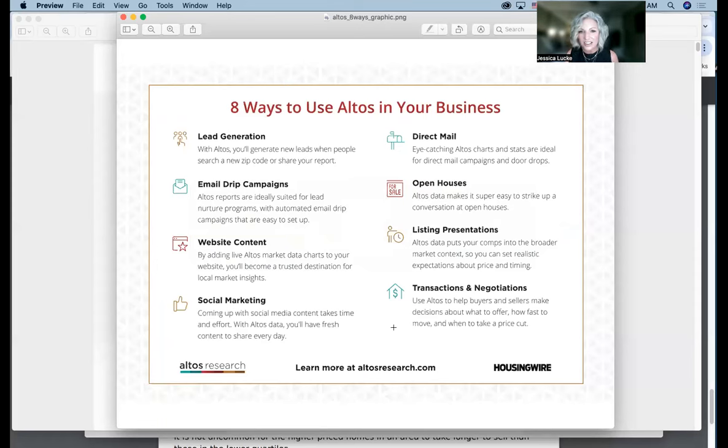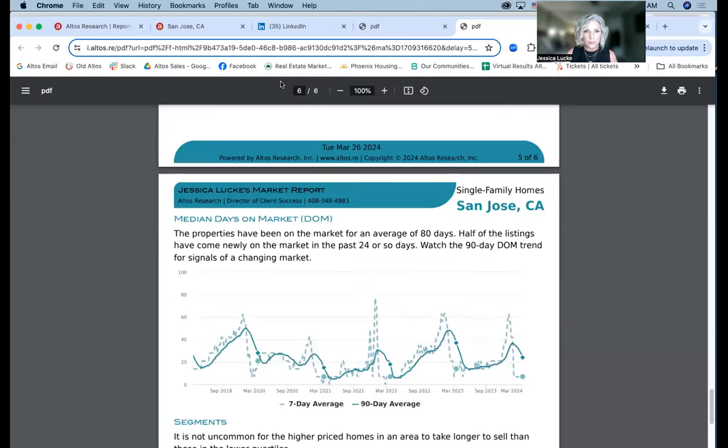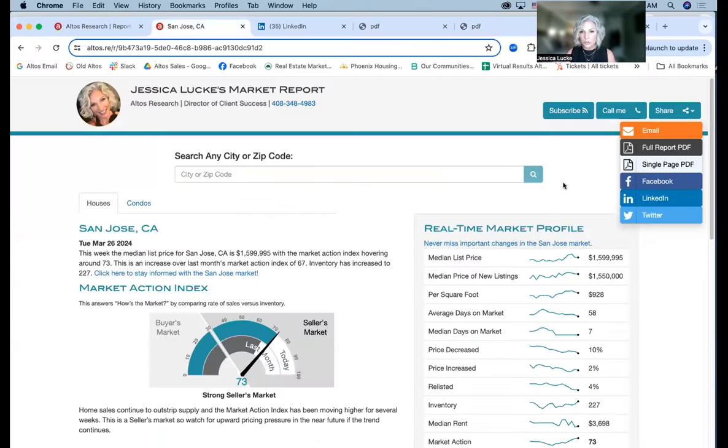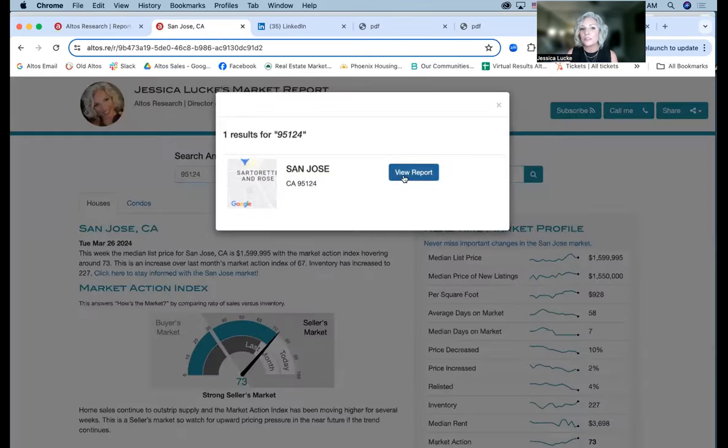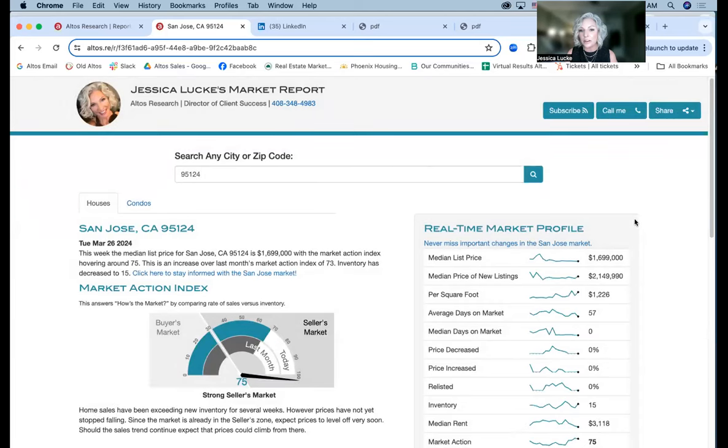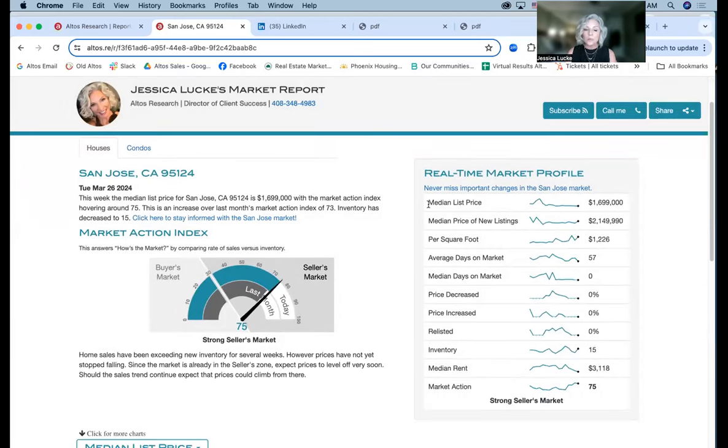transactions and negotiations. And we've talked a little bit about these reports, obviously, in different circumstances, whether it's open houses and listing presentations. But when we go back to this report, it's critical that you go beyond, right? So let's say we go 9, 5, 1, 2, 4. Probably not a lot of inventory here. So inventory is an issue everywhere. Yep, 15 pieces. But regardless, when you're working with clients, sharing this information is really important for keeping them up